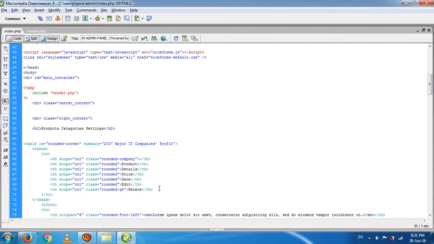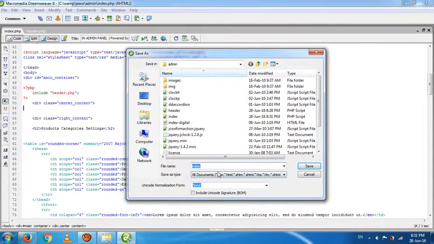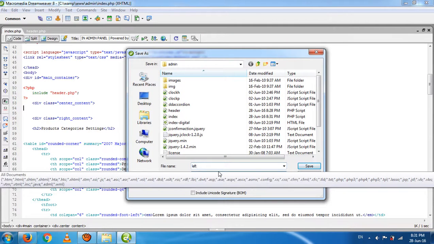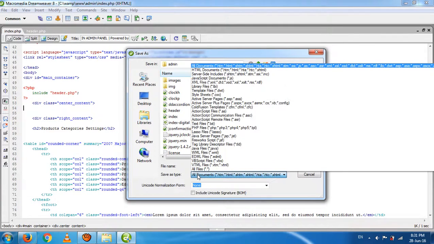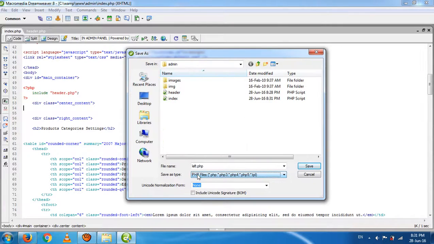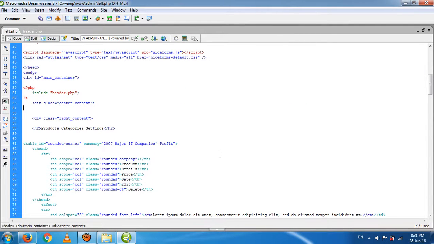Cut it, save it, and create one more file and give the name left, and save as php. Select the file format php, save.